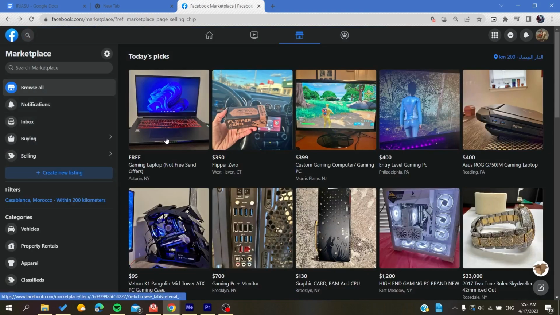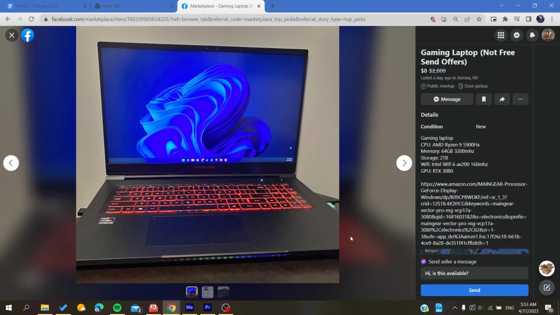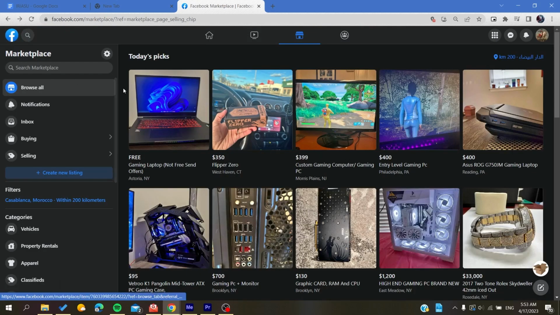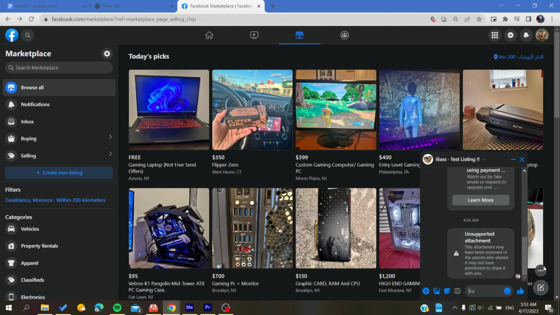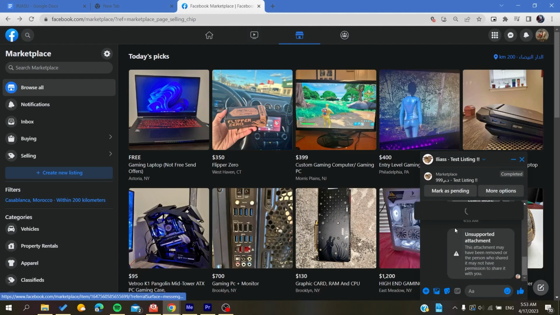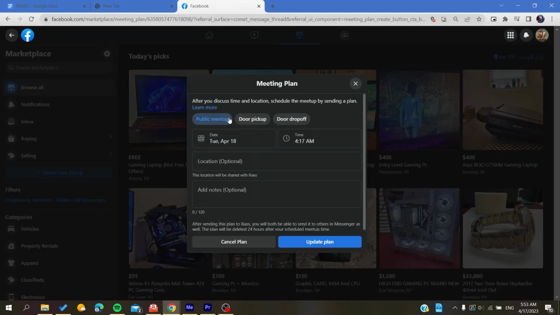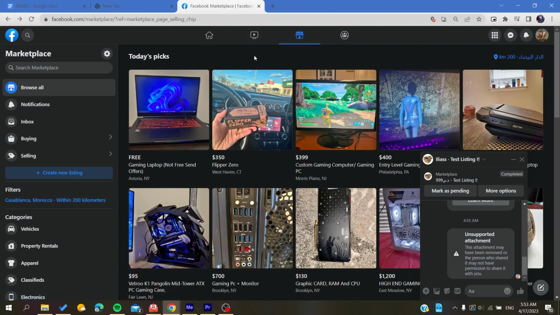Otherwise, you can just send a message to the person and then you will need to create a plan as follows. You will need just to create a plan to meet the person in person, and then you can have a payment or cash on delivery method plan. And after that, all you need to do is to offer him the money, and by that you will pay for the product. So basically this is how you can pay for your